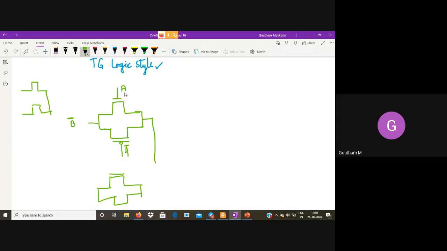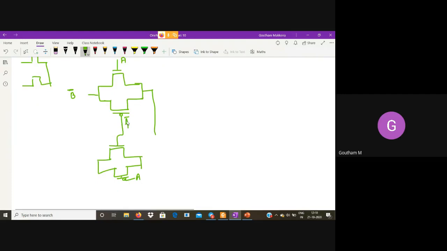This NMOS is getting A, so this NMOS should be getting A bar, and this PMOS should of course be A. So here we have A B bar from the top transmission gate plus A bar B. So this is XOR. One XOR is done.